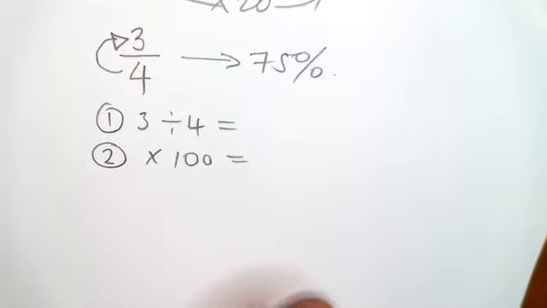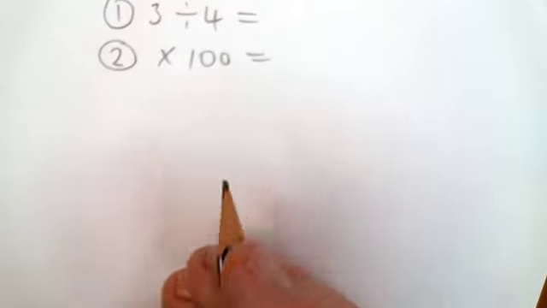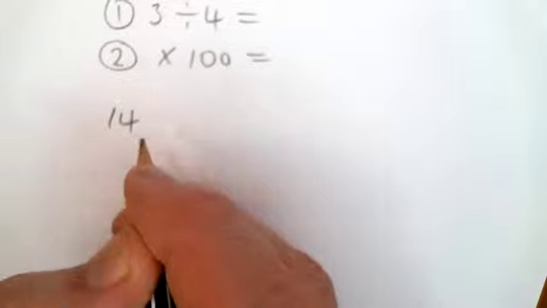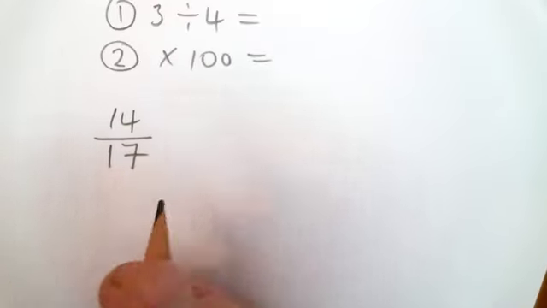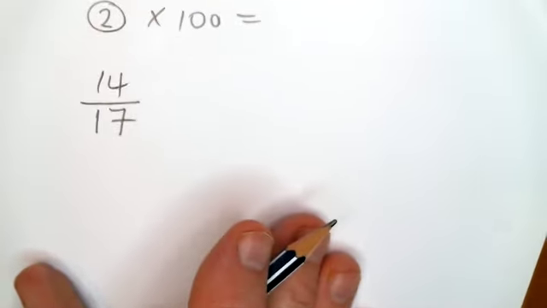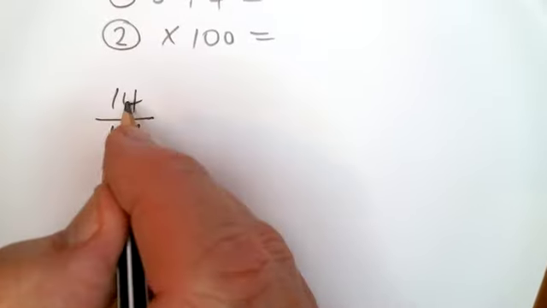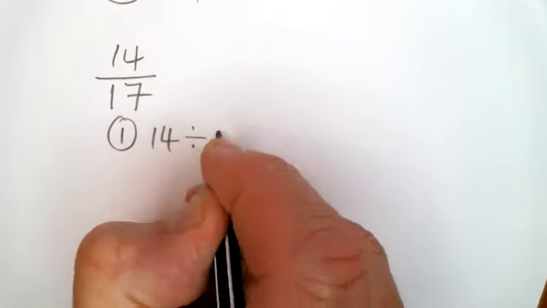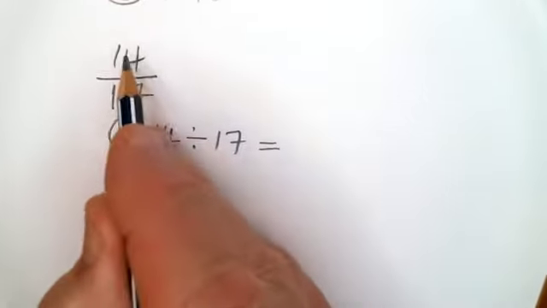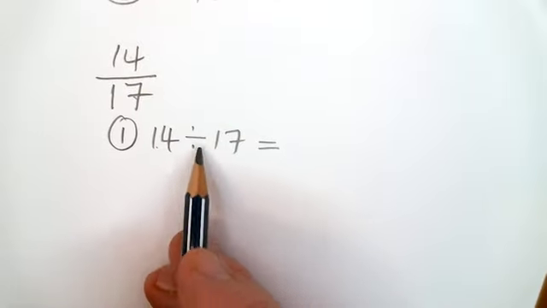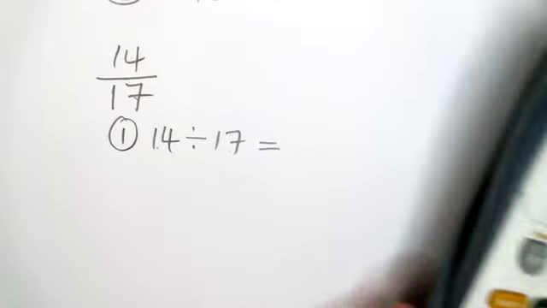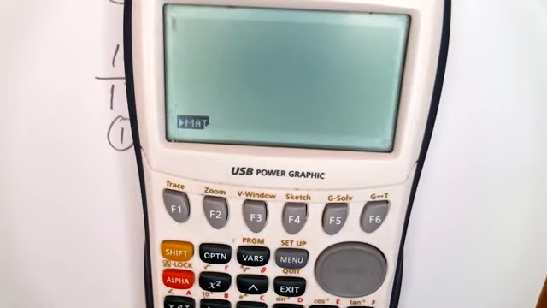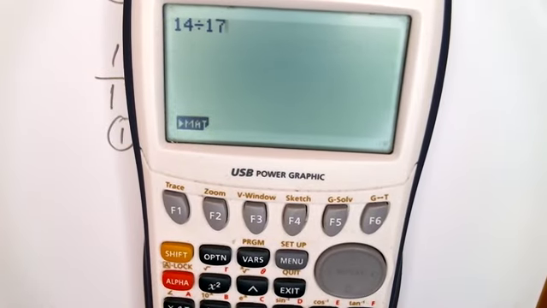Let's try another one. Let's go a bit more scary. Let's go 14 out of 17. So that's 14/17. Let's change that to a percentage. Step 1 is to go 14 divided by 17 equals, the top number divided by the bottom number. Here it is, 14 divided by 17. And we get